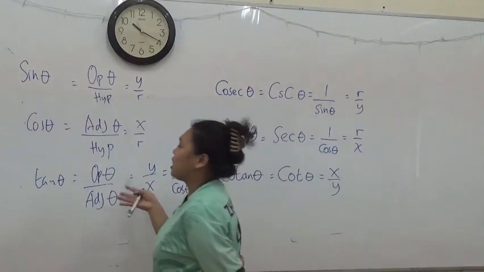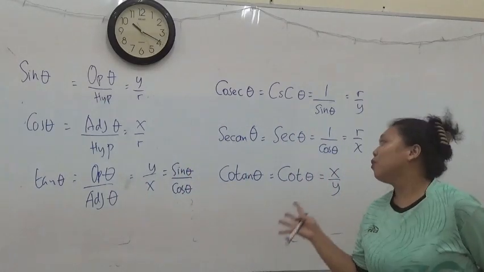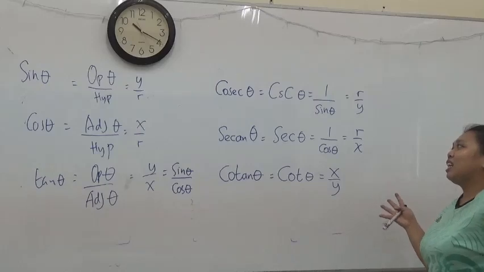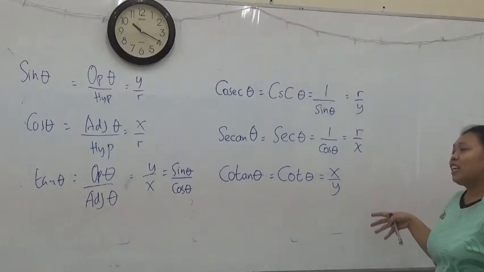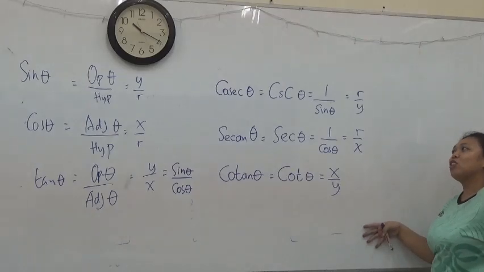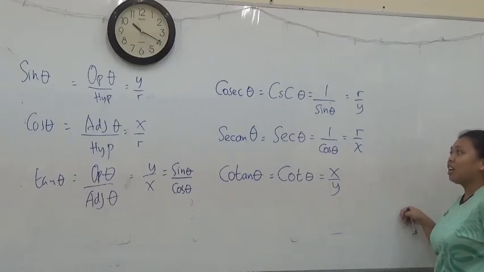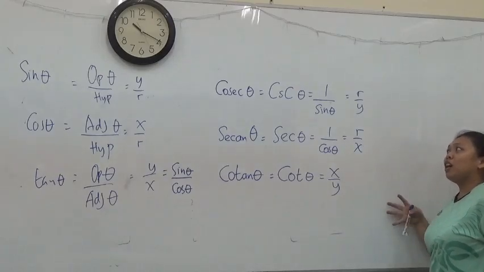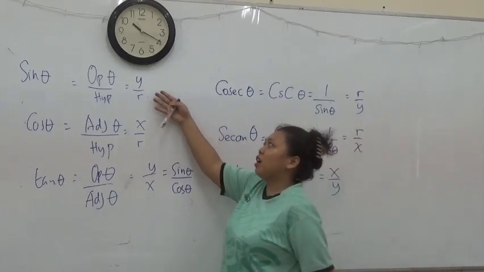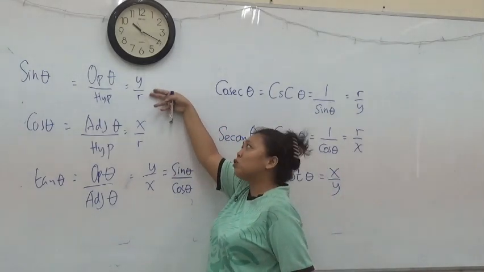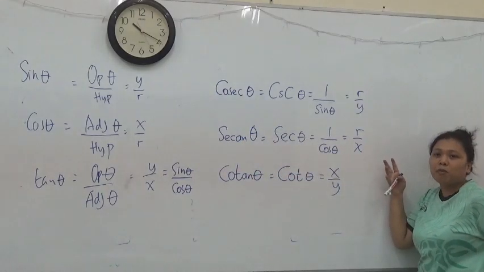Sin theta, cosine theta, tangent theta, done already. Just shortcut. Now we're going to learn about the other 3 ratios of a right angle triangle. Cosecant theta. This is just the name, so you don't need to memorize the formula because that will be given during the test later. Cosecant theta is just 1 over sin theta. So if your sin theta is y over r, you just need to flip the fraction of your sin theta, which is r divided by y.